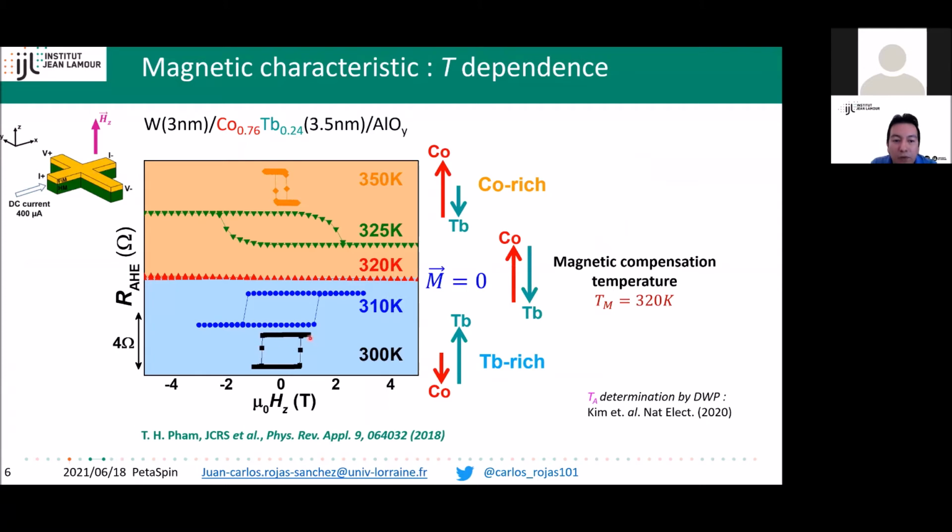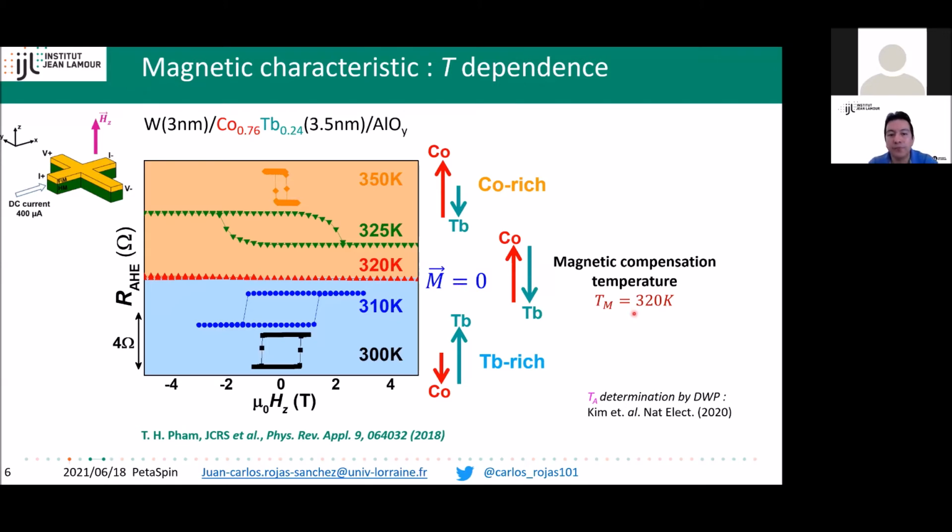At 300 Kelvin, we can see here one sign of the field-induced switching, and at 350 Kelvin, we see the opposite sign. And at about 320 Kelvin, we don't see any cycle. So we can remember this feature of this system. When the system is terbium rich, we have one sign. When the system is cobalt rich, we have the opposite sign in this field-induced magnetization switching. And where we don't see the cycle here, it means that we're at the magnetic compensation temperature, in this case